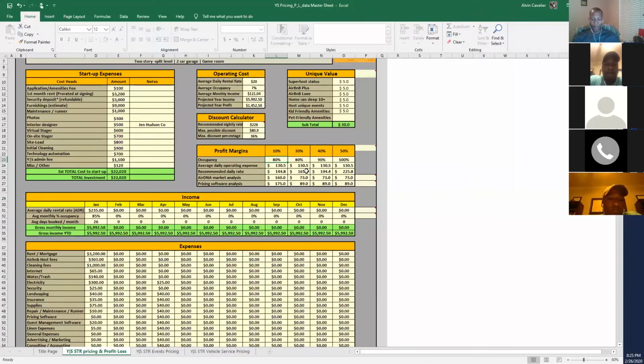Understanding you've already got half the month booked, you put in a 50% occupancy rate here, and it'll give you a recommended daily rate that will be way below market average. But when other people look and say, well, how in the world is he priced at $100 a night, and average nights here are 150 a night? What they don't understand is